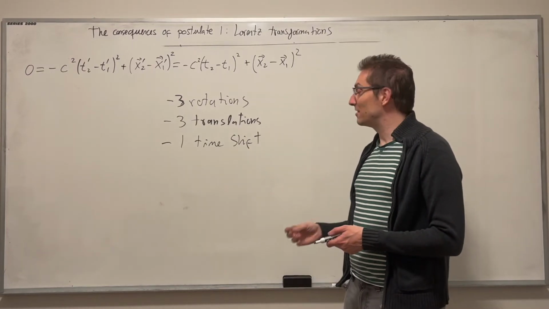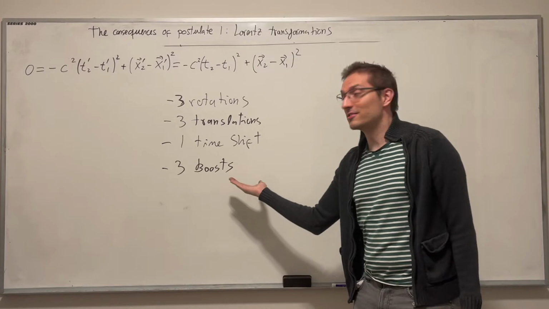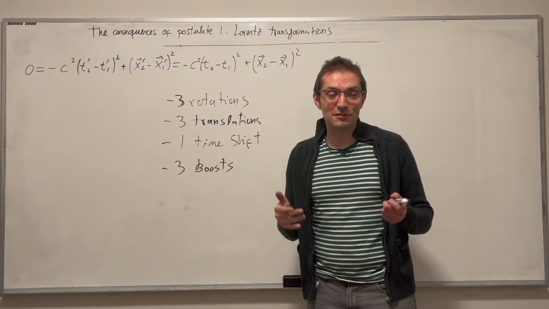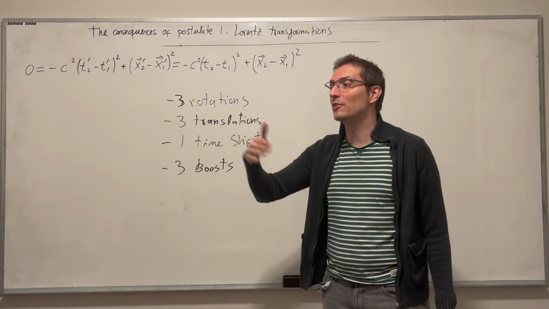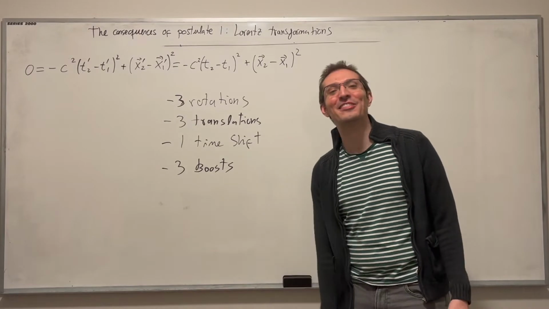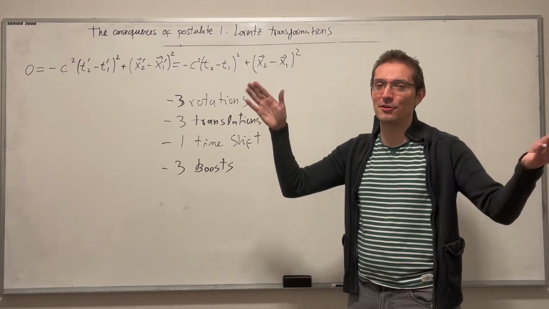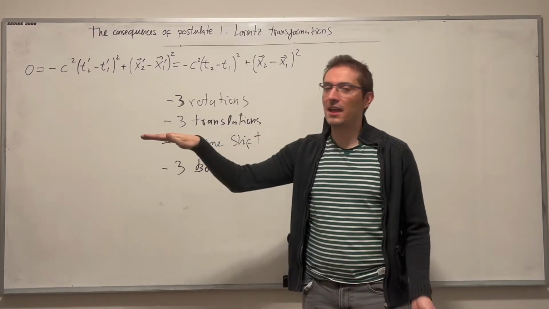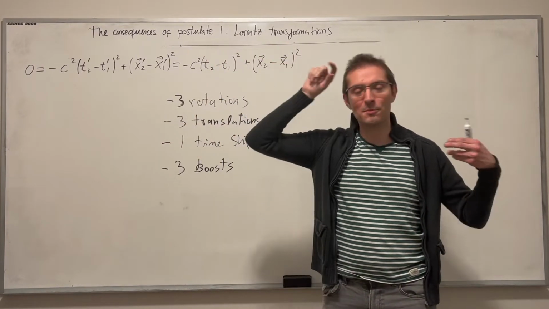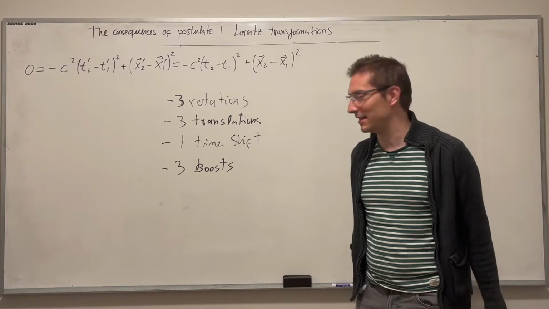And it could be related by 3 boosts. So 3 independent boosts. So there could be some velocity. My friend could be in a car looking at the whole thing happening with some speed, and we can always decompose any boost in 3 independent boosts. For example, X, Y, and Z. Velocity component X, Y, or Z, something like that.